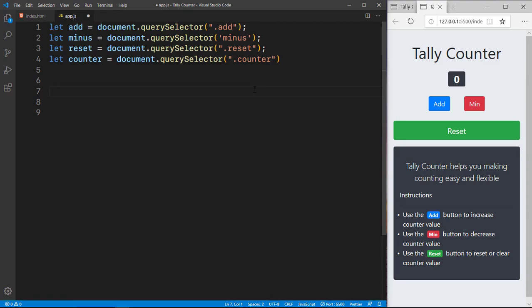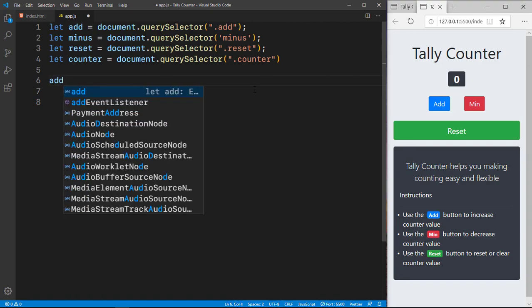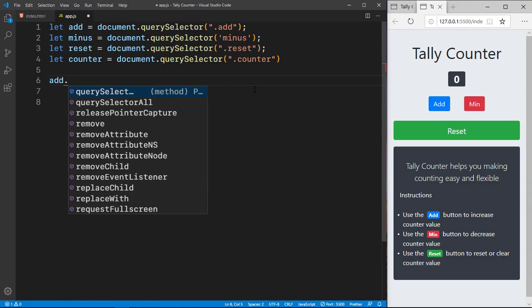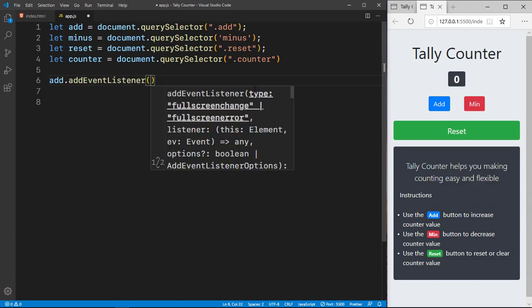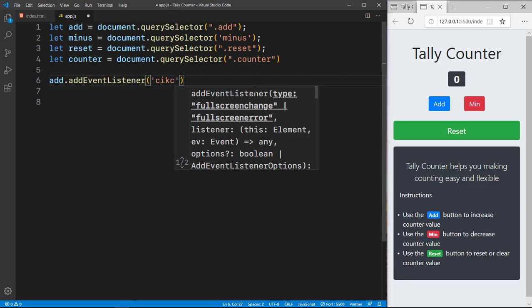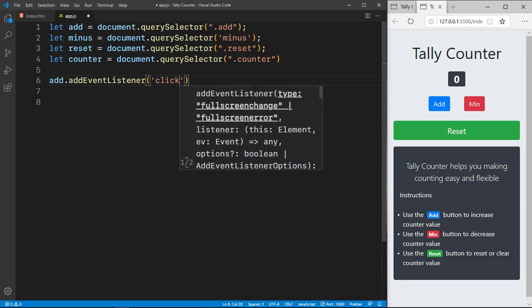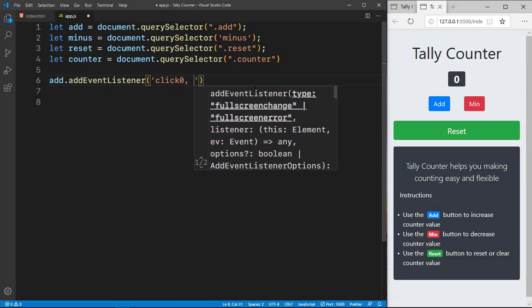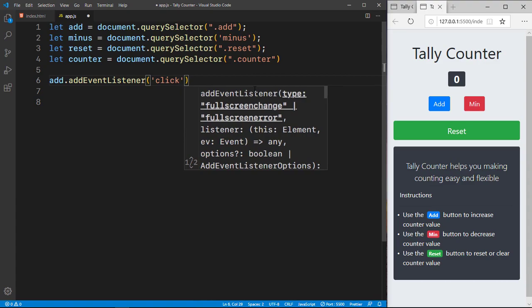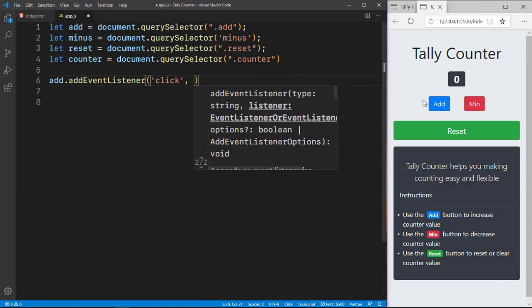All right. So actually guys, let's create it. I just want to first of all create the events for now. Now if anyone clicks on add, I want to say add.addEventListener. So you want to listen for a click. Okay, click. And now, if anyone clicks on this add button, what we want to do,